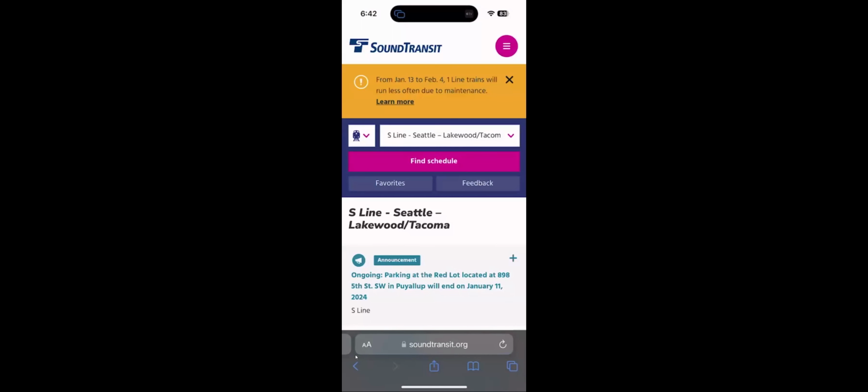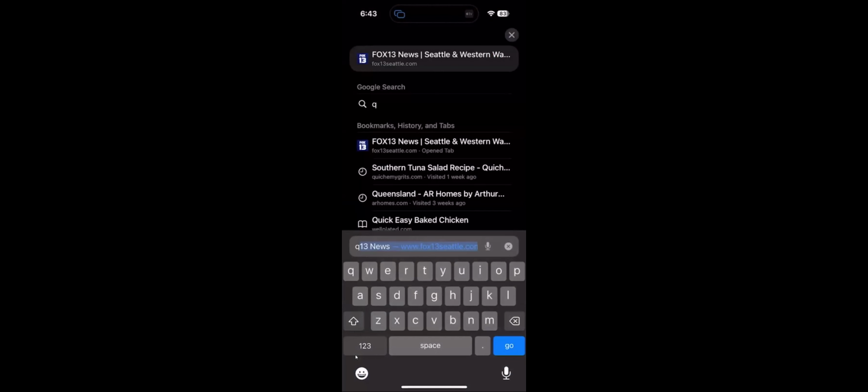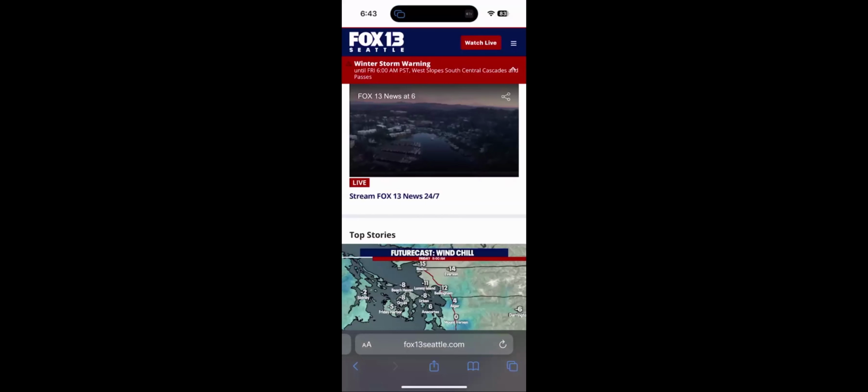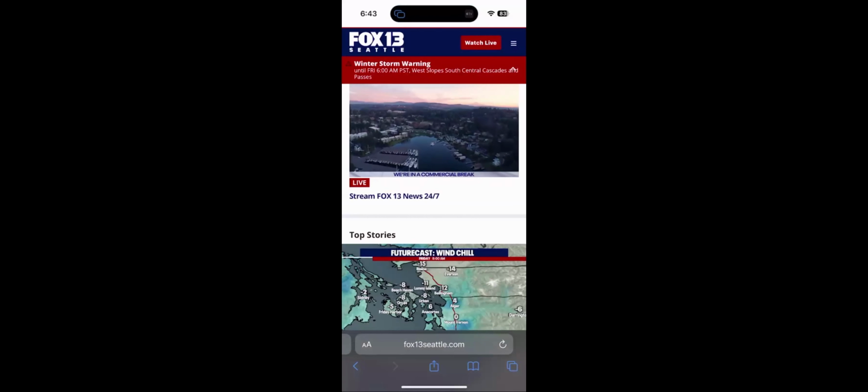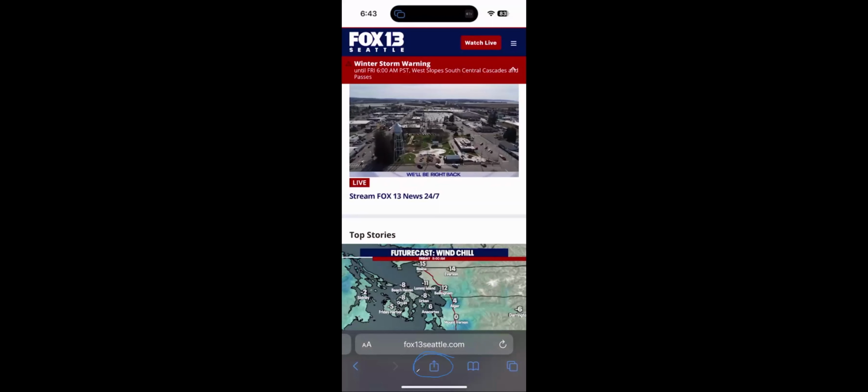So let me show you how to do this. From your phone in Safari, let's say you just like to check the news and you like Q13 news. That's your favorite place to go check the news in the morning or while you're commuting or in transit, whatever you've got going on. If you want to bookmark this site from your phone, it's very easy. From the bottom of your screen, you see this little box with the up pointer right there. So if you click on that,